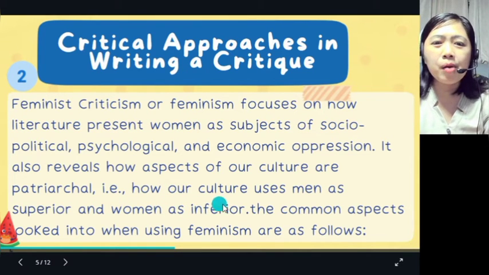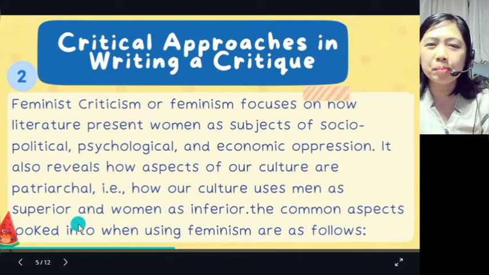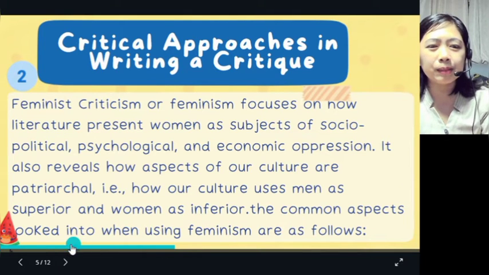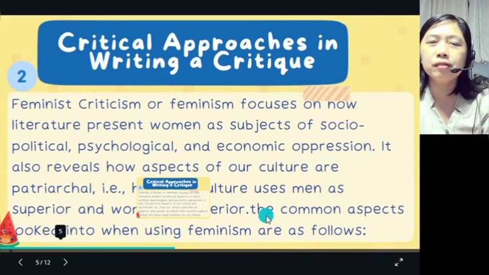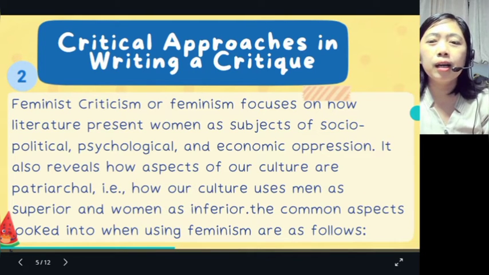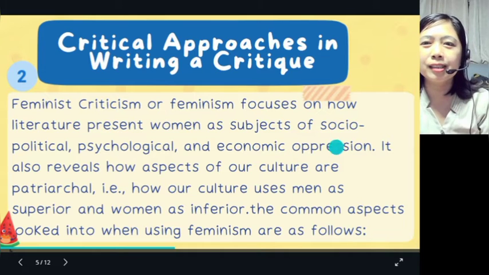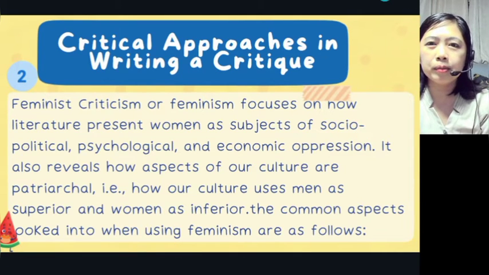Example, how our culture uses men as superior and women as inferior. The common aspects looked into when using feminism are as follows. Okay, actually the example is on the next screen, but I'd like to reiterate the use of feminist okay, in this writing is that when